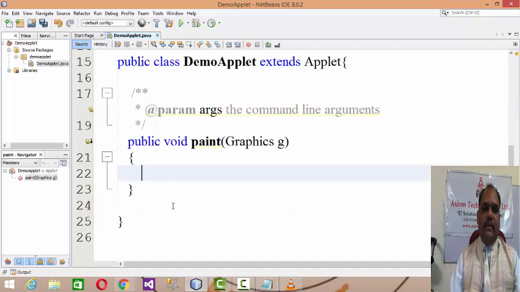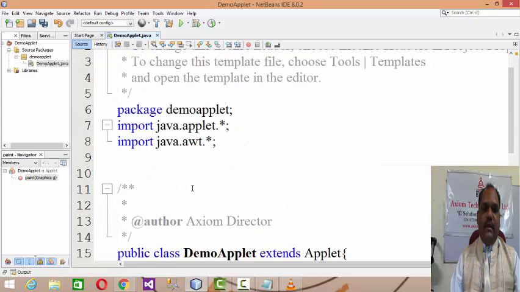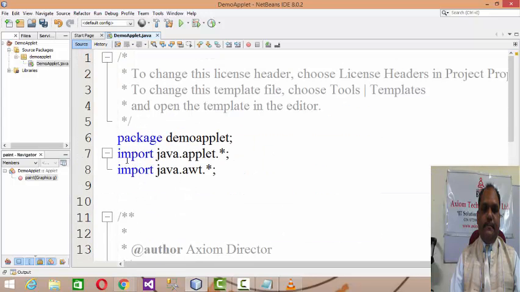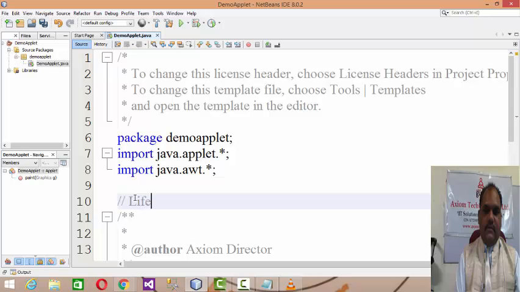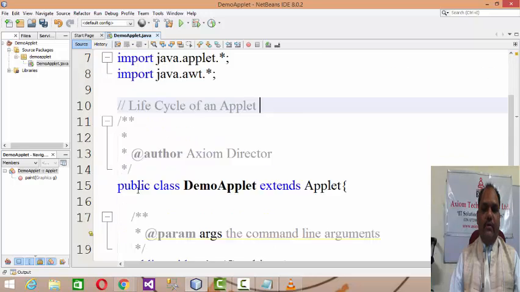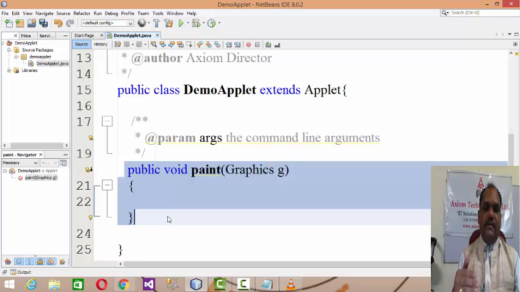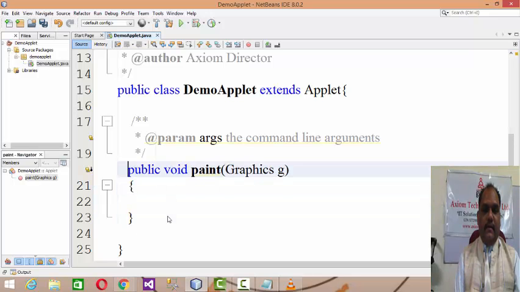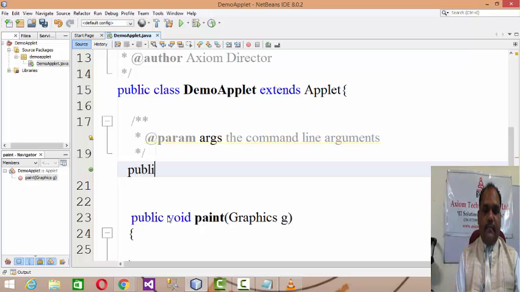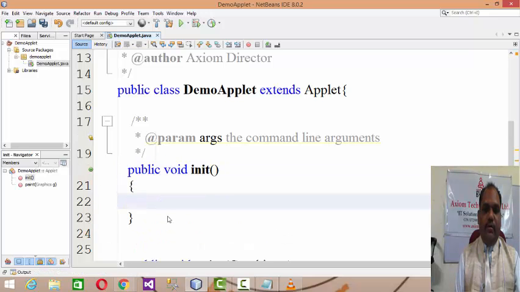This is what the primary things are. But in this demonstration code, first of all I am planning to explain the life cycle of an applet. If you don't override the methods like init, start, stop, destroy and so on, it will directly give a call to paint only. But if you override methods like public void init, first of all it will give a call to the init method.